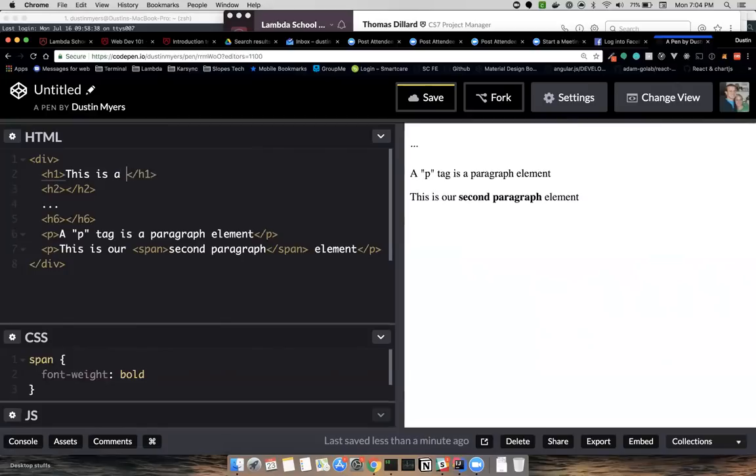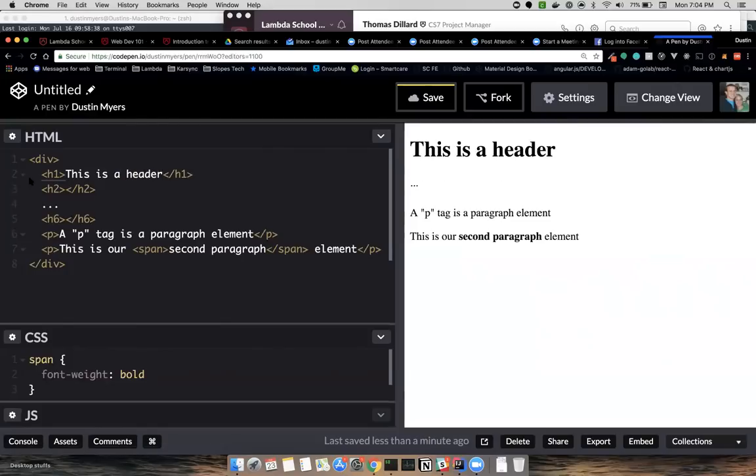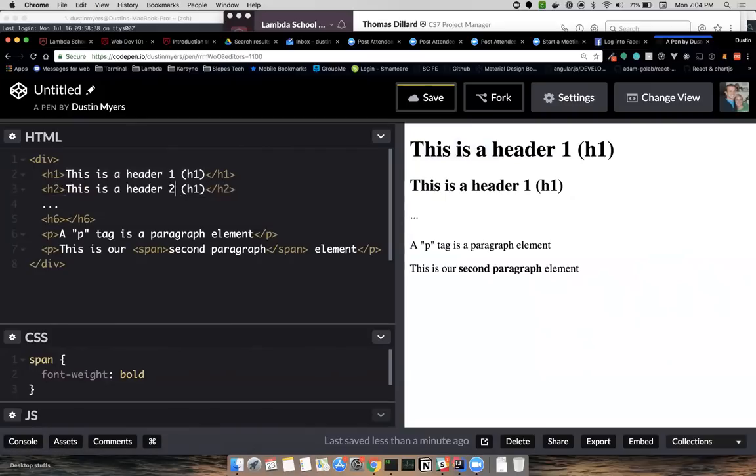If we put text content inside our header, you can see that your web browser is going to render a header. This is a header 1, H1. Let's just copy all of that. Copy, paste. Be very careful when copying and pasting in code because it can get you into a lot of trouble.